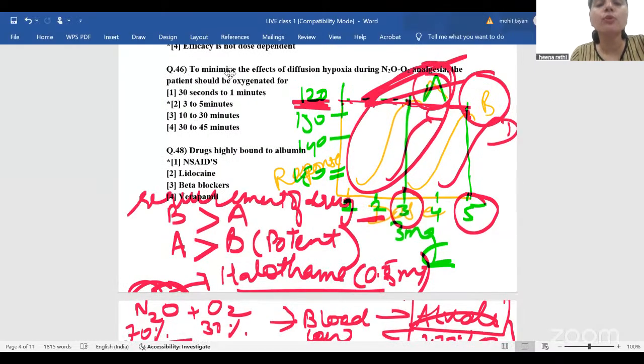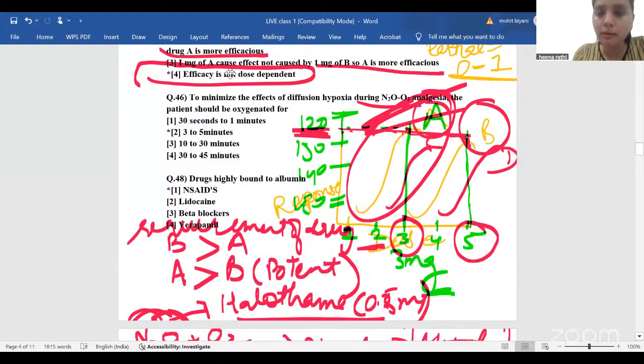So our question was how to minimize the effect of diffusion hypoxia. What we can do is deliver 100% oxygen for 3 to 5 minutes, so that it does not occur. Last question for this general pharmacology: